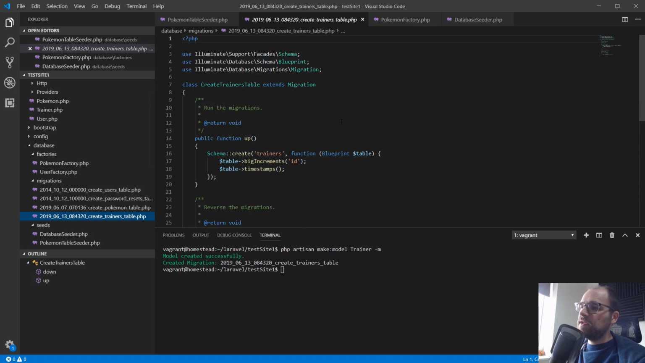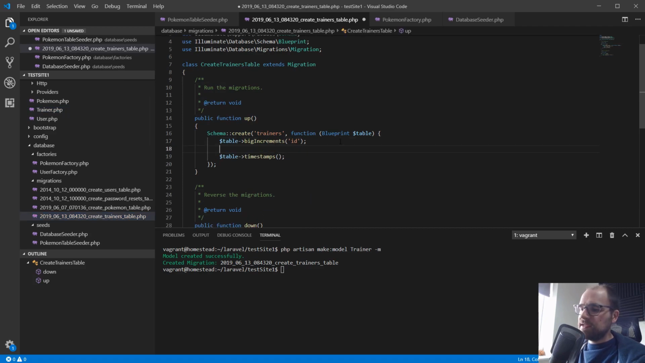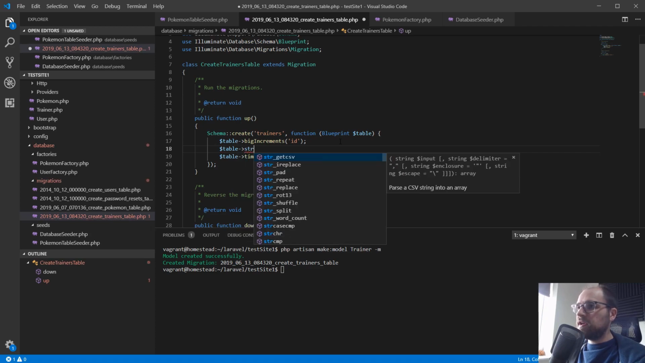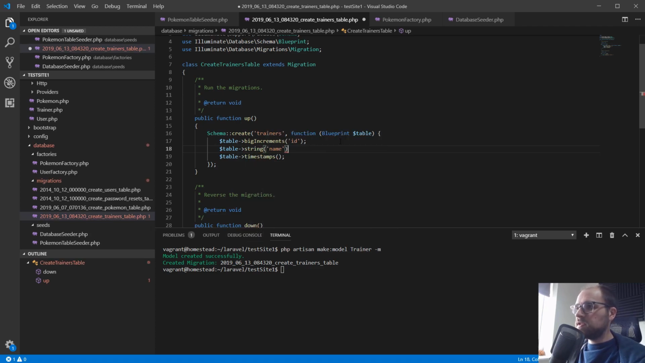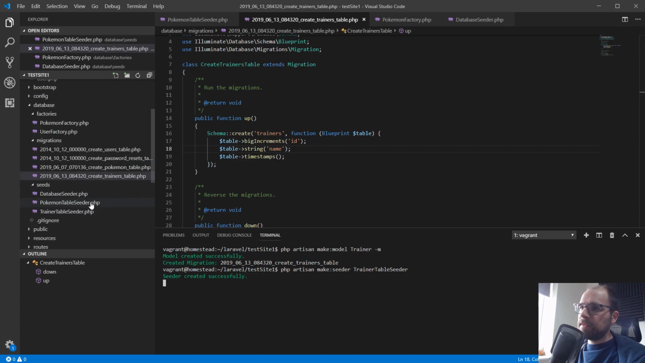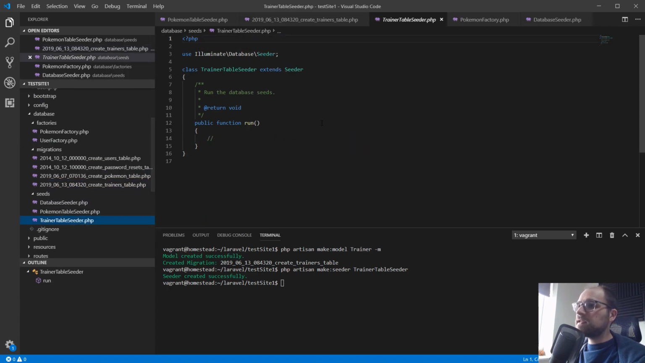The only thing I'm going to add to this is a string, which is going to be name. So a trainer is just going to have a name for now, and then a list of all the Pokemon that is his or hers. So we also need a seeder, so let's do that. So make seeder trainer table seeder. That's right. So that will create the seeder file for us, which is already done. So we've got now this seeder function that we can use,